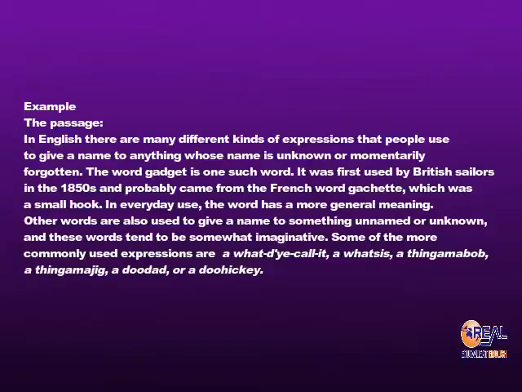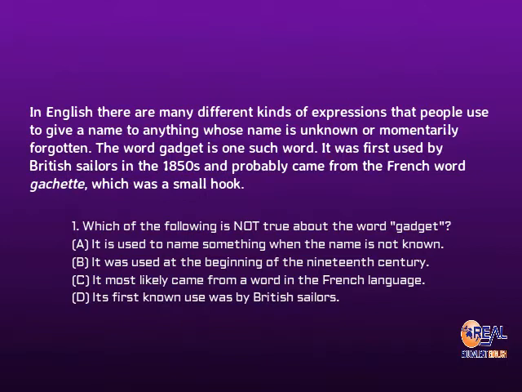Okay, let's see again the example of unstated detailed questions, or finding the unstated answers. I have here a passage with one paragraph, and the question is which of the following is not true about the word gadget. Here the question is not true, which means you will have three correct answers, true answers, and one false answer that is mentioned in the text but not exactly true, not a match. So